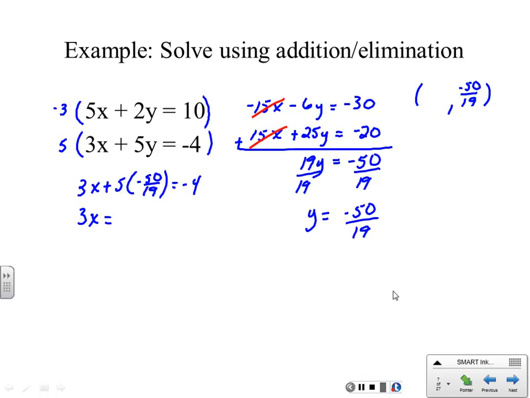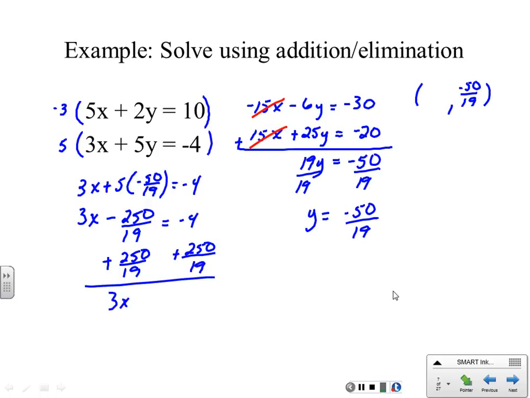Alright. Why am I not going to do this one? Alright, I mean, you can use the mixed number if you want to, but I'm just going to go with the improper fraction. So we have negative 250 over 19 is equal to negative 4. Alright, so let's solve for x. We're going to add 250 over 19 to both sides. So we'll have 3x is equal to